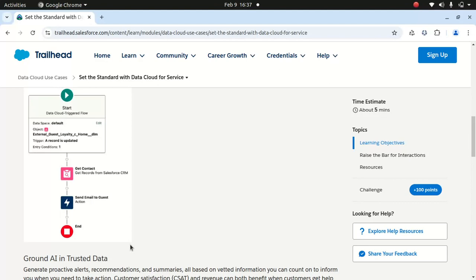Yes, I do understand that some people say Data Cloud is very expensive. For that, you need to talk to your account rep who's dealing with your org, right? Every business that deals with Salesforce has a dedicated account executive assigned to the business. So reach out to them and discuss what's the best deal they can offer you, right? Because I can't really talk about any kind of deals, that's just business to business, case by case. So this is a use case which you could consider when you are using Data Cloud.